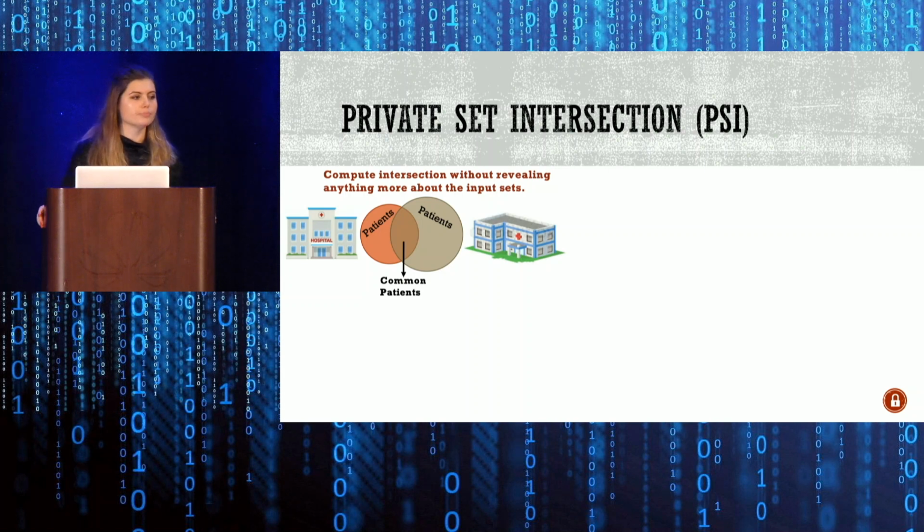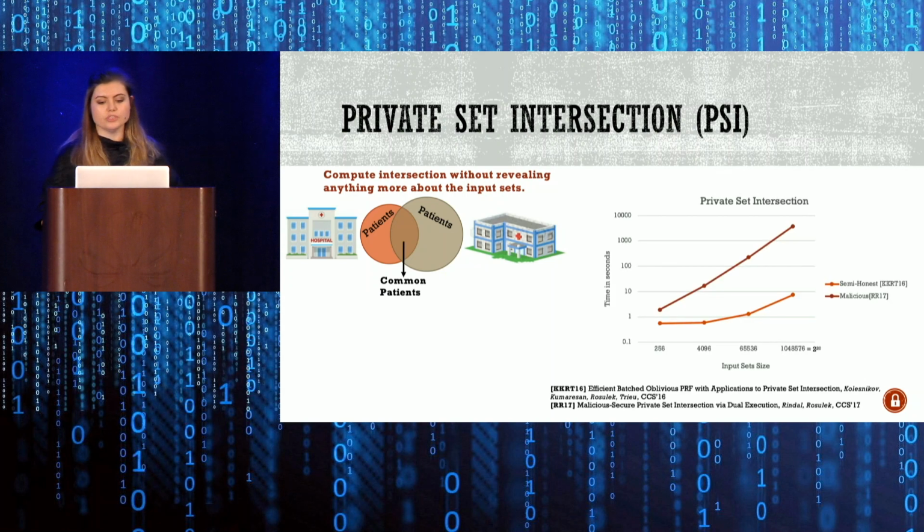So this simple functionality has been useful in many settings where we have, for example, two hospitals that want to find their common patients, or we have the list of terrorists and then a list of passengers on a flight, and we want to find the intersection. And this problem has been widely studied in cryptography. We have had many solutions developed, and here I want to show you the efficiency of the currently most advanced